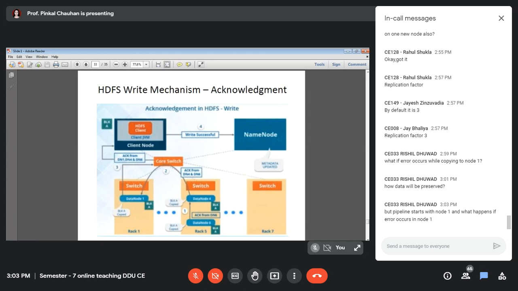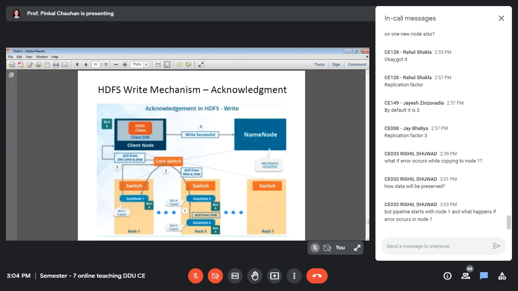Okay, you are saying that the pipeline starts with... see, it is very randomly done. It is not fixed that, just for this example, we started with data node 1. Ideally, it is not done in sequence. Let's say data node 1 was not available, then probably the client will directly contact 4. And then it will copy at 4 and 6, and at 1 it was not able to copy. So it will inform the name node accordingly. It's not that one node has to act as a primary node for the copy operation. Nothing like this is there. Anybody can do any task here. All nodes are equal here.